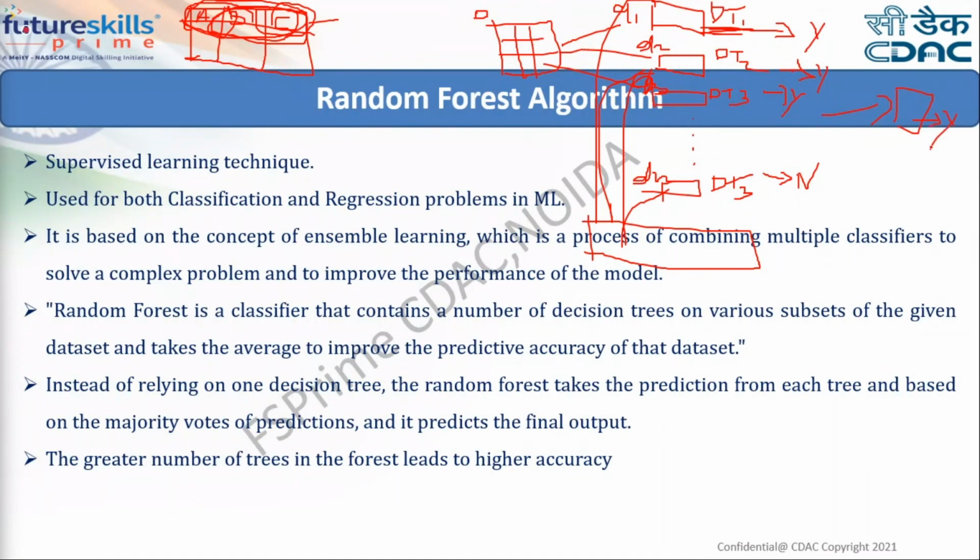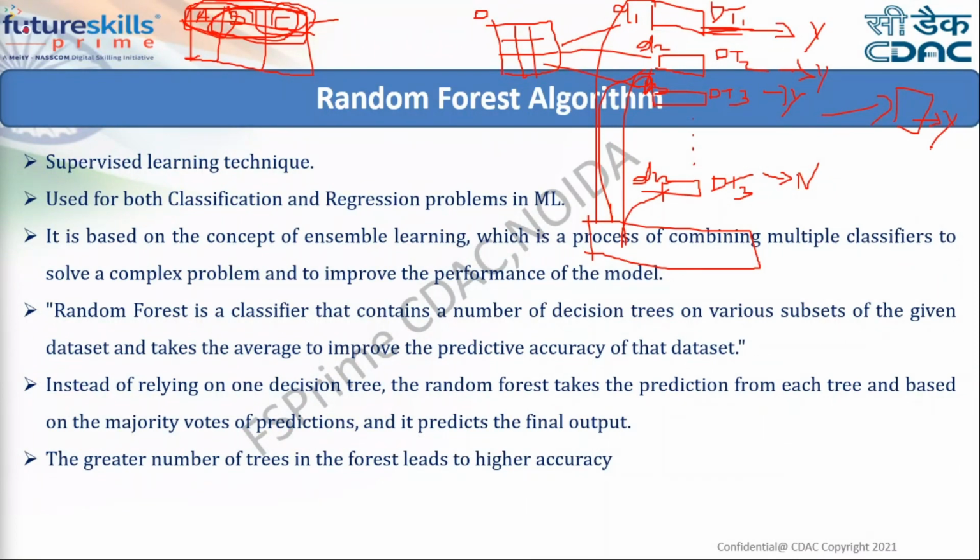In random forest, I have given you, there was a slight difference: along with the data randomization, even to pick the attribute. Remember, you have solved that weather data set. There were several attributes there, and you considered all the attributes. You calculated the entropy for all the attributes, then you calculated the information gain for all the attributes, and then finally you picked up one attribute as your root node.